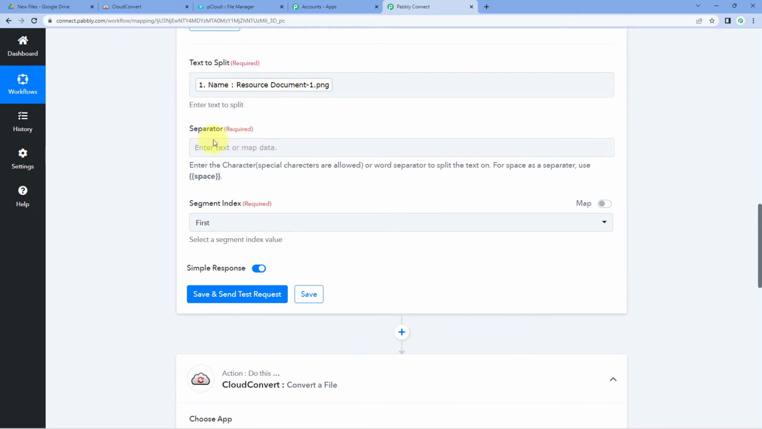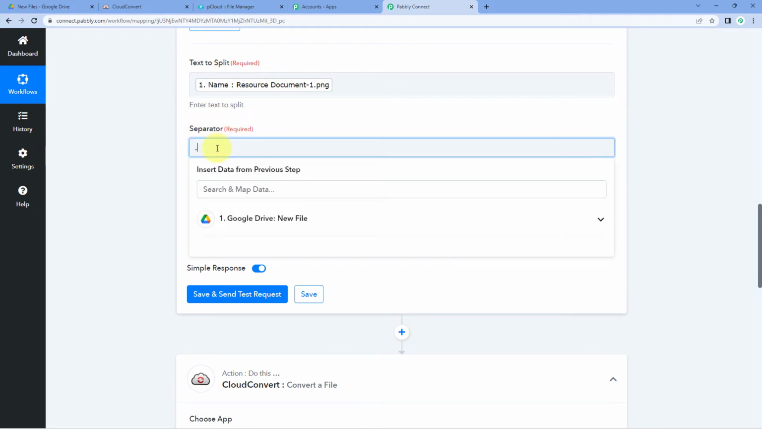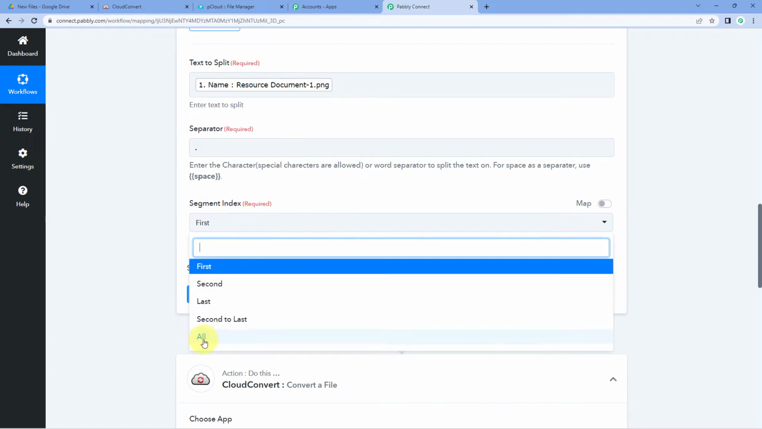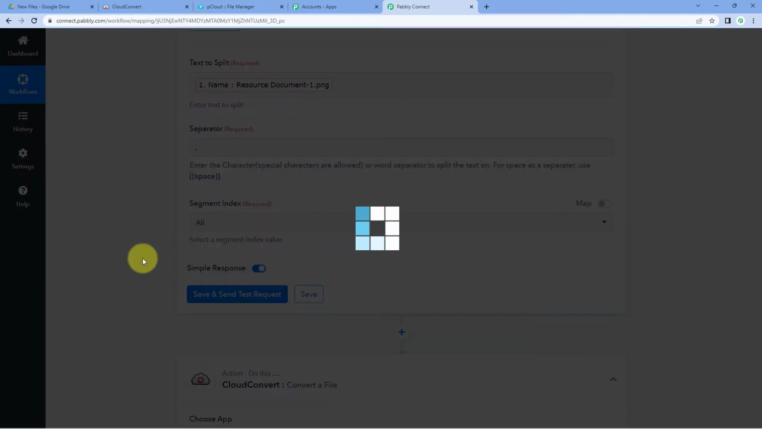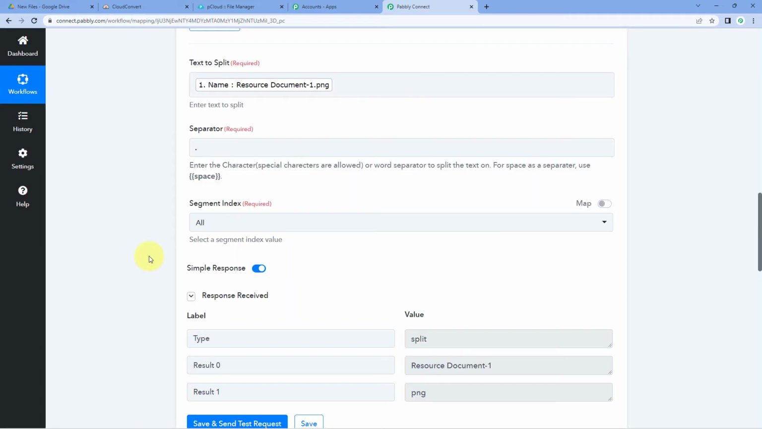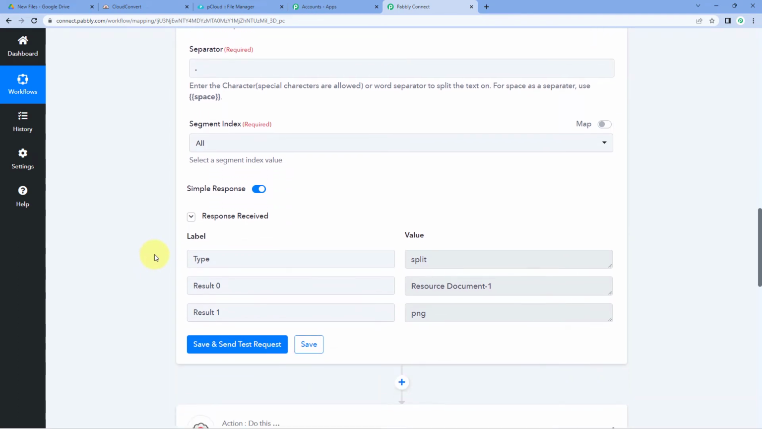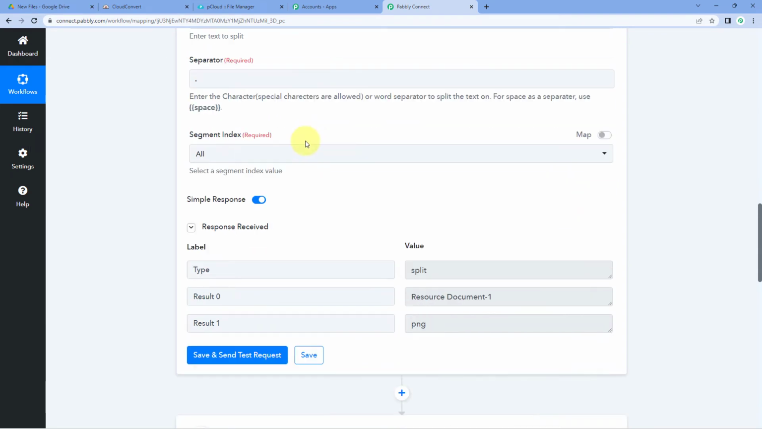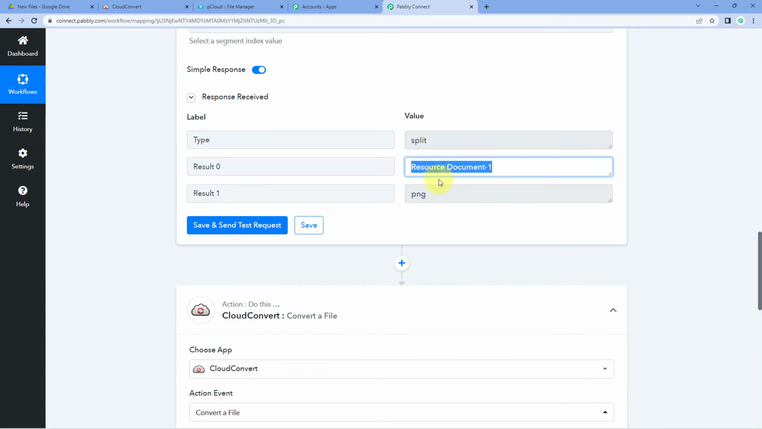After that, it is asking us for the separator. So we will be using full stop, this dot, this period as the separator. And after that, in segment index from the drop down, select all and click on Save and Send Test Request. Now, as we click on Save and Send Test Request, in the response, we can see that the text before and after this full stop, this dot, is separated. So we have the name of the file as a separate response